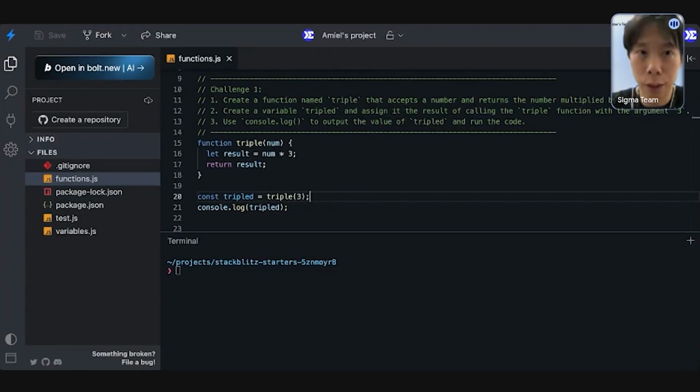So following this logic, what I wrote was I created a function called triple. I have a parameter that accepts a variable.